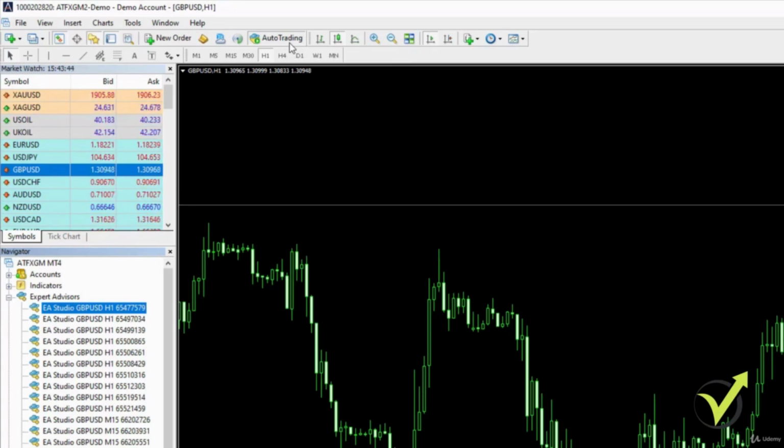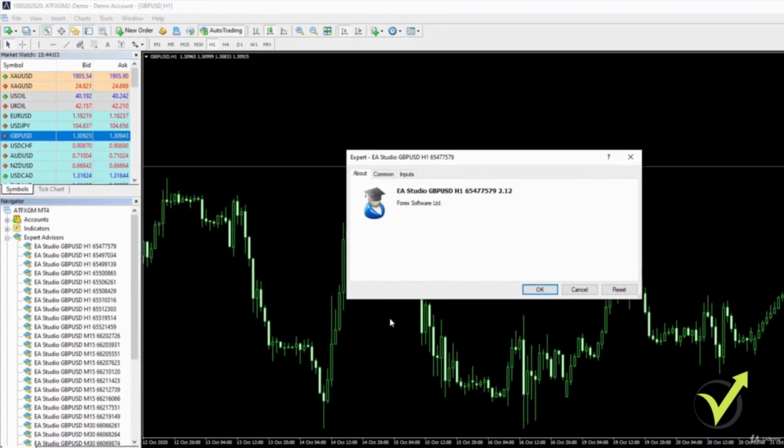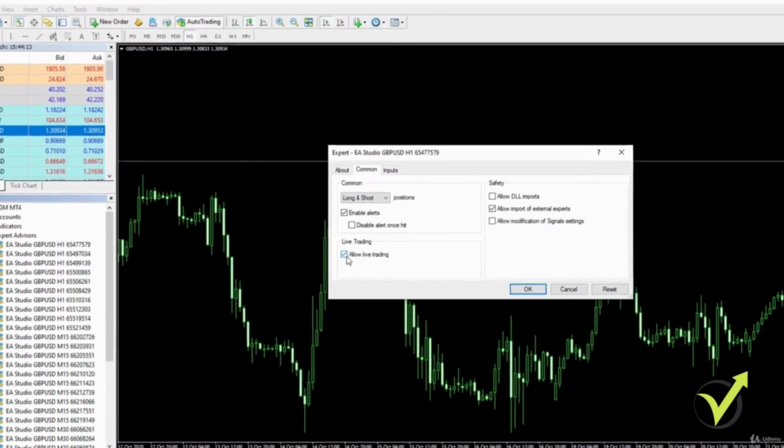The reason is that people quite often enable auto trading after they have placed the expert advisors on the chart. So the right way to go is to enable auto trading and then attach the experts on the chart. So what I do now, I double click on the expert advisor and you will see a small menu that pops up, and here I have the common settings where you just need to have allow live trading to be